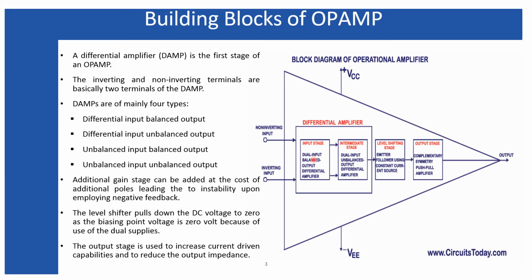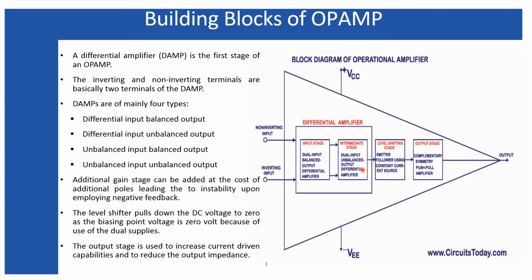But there are some reasons that we may need to reduce the gain of the first stage of the differential amplifier. So I will discuss that one also. Therefore, we need to increase the gain in the next stage, and the next stage is another differential amplifier, and that is in general the differential input and unbalanced output type, because the balancing is done in the previous case.